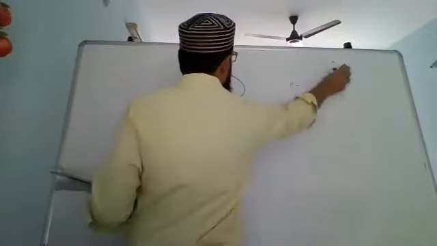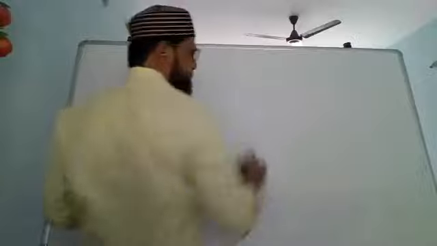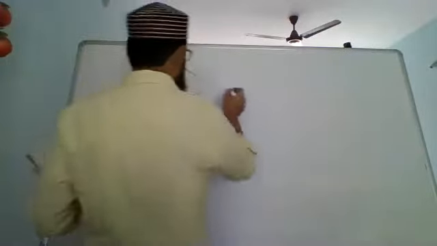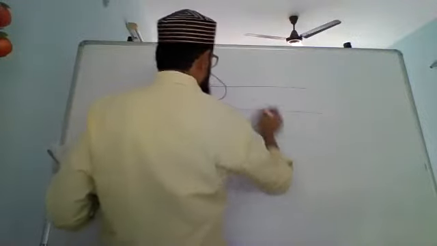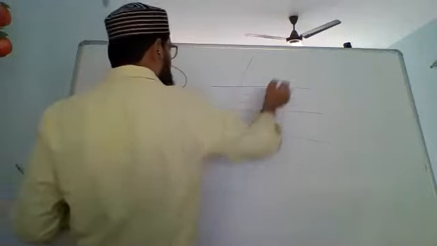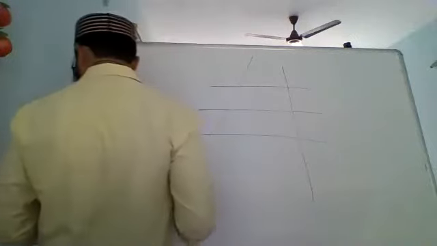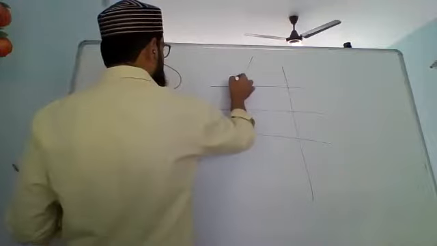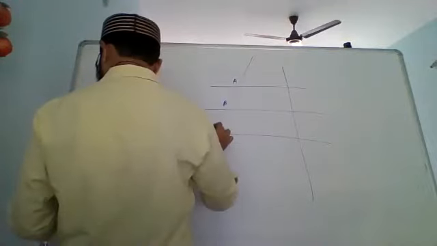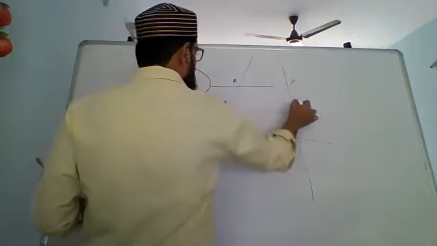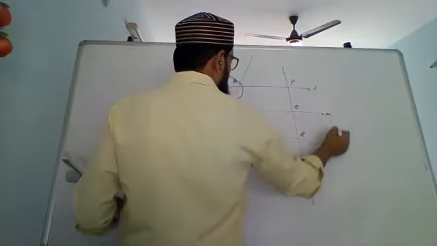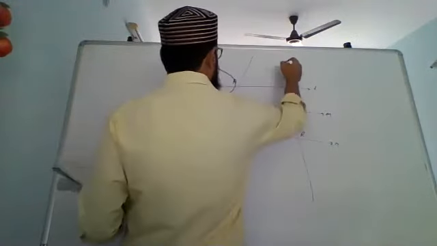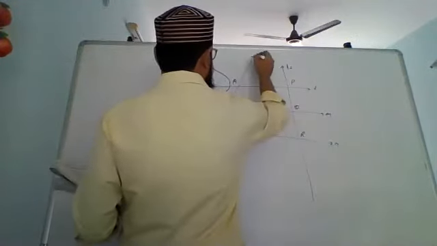Now, supposing there are three parallel lines, three or more, they have to be parallel to each other. Okay. Supposing these are the three parallel lines, and there is a transversal number 1 and there is transversal number 2. Okay, and let's say this is A, B, C, P, Q, and R. This is line L, M, N. Transversal 2, transversal 1.